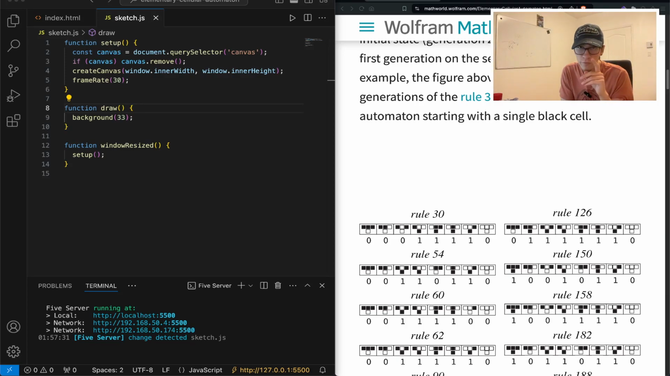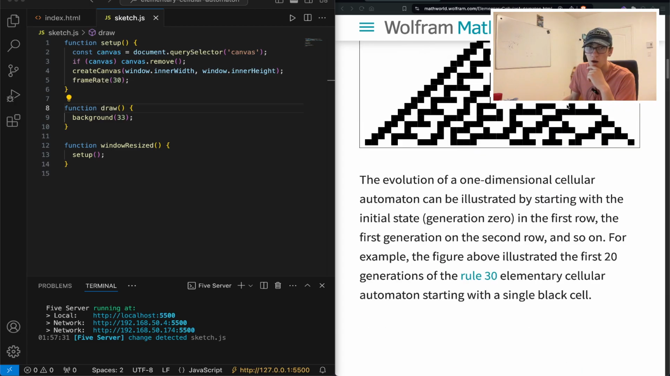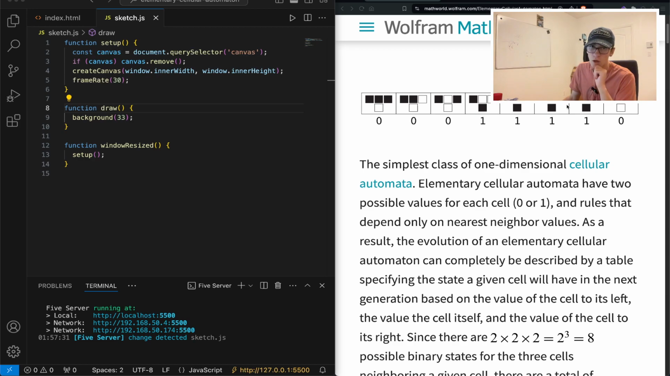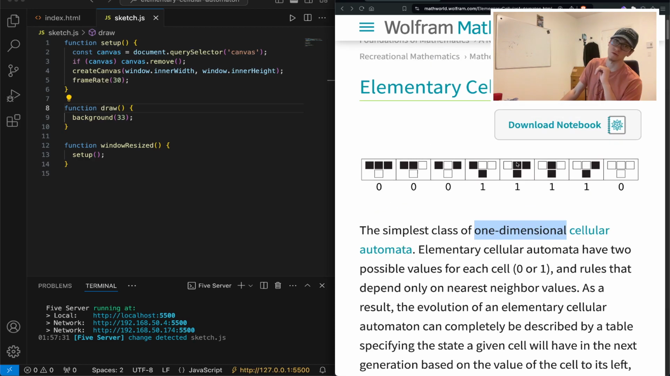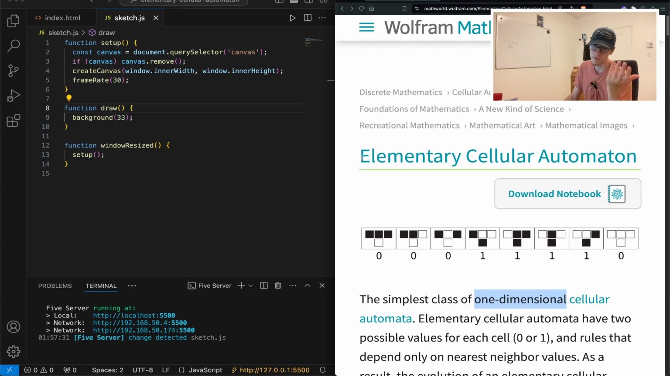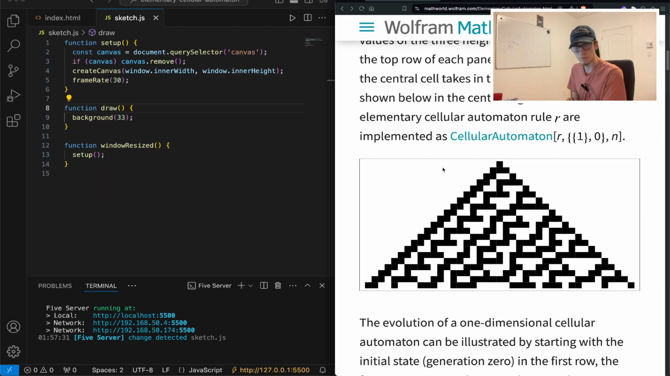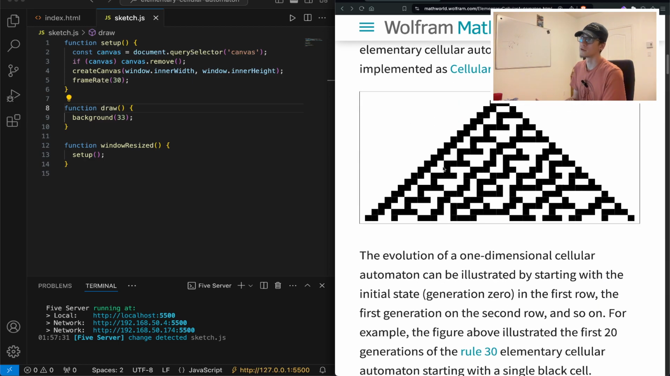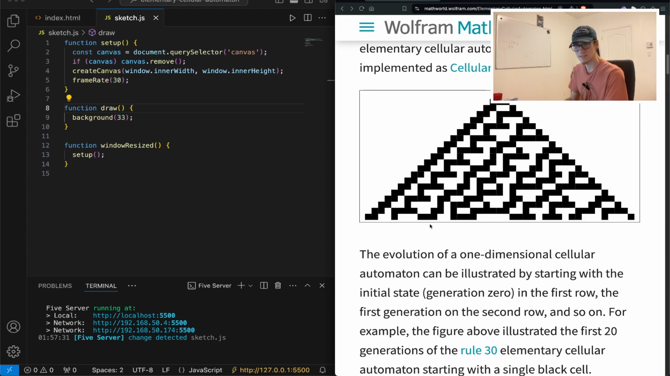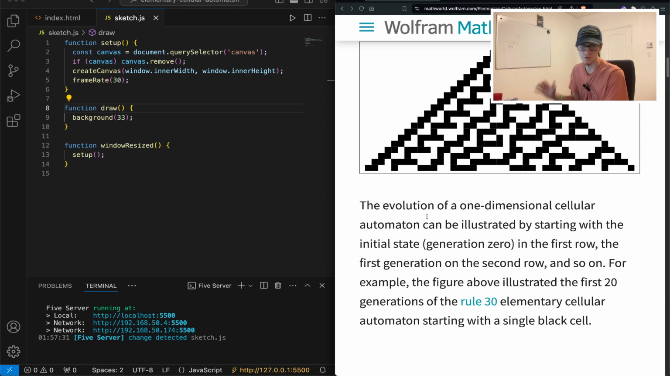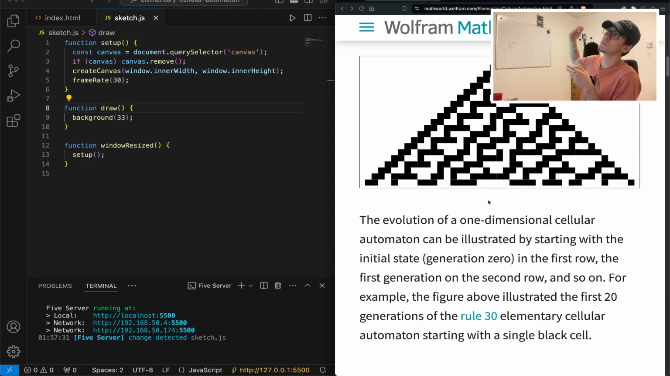Hello everyone, so today we'll be trying to do a cellular automaton, which will be a one-dimensional cellular automaton. It's called the elementary cellular automaton, which makes sense, right? It's the elementary one. It's the most basic one. It's the most elemental since it's a one-dimensional evolution. So the principle is that you have, let's say, a given amount of cells